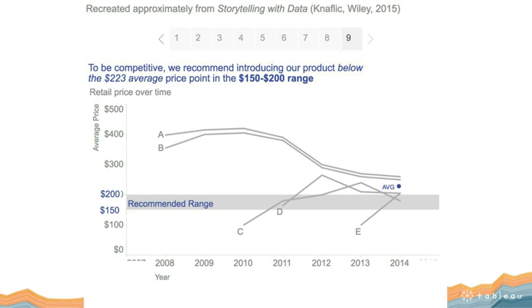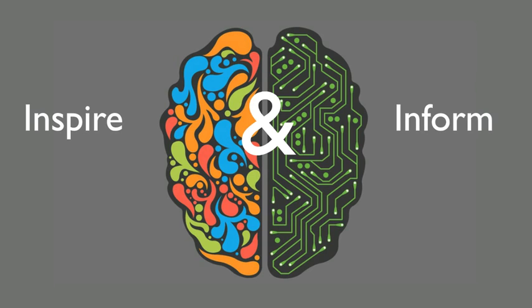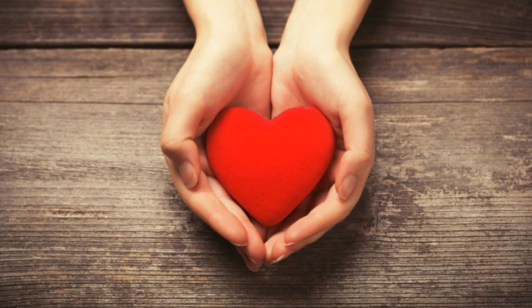So that to me is all about not boring people with data, right? It's about keeping this alive. It's about bringing life and color and vivaciousness and people and story to the things that we show people in our presentations. Because it's about inspiring and informing. It's about using the left and the right brain. But it's not just about the brain. And the reason this matters and the reason why this works is because it's also about the heart. At the end of the day, we're trying to affect the way people feel about things. We're trying to affect what they care about.